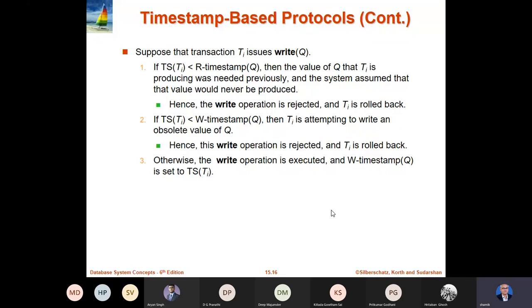So Ti is trying to write an obsolete value of Q. Now, why at all roll back Ti? Because then many transactions might get rolled back. Instead, we simply ignore this write. Why can we simply ignore this write? Because even if this write